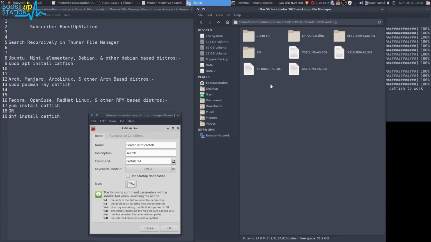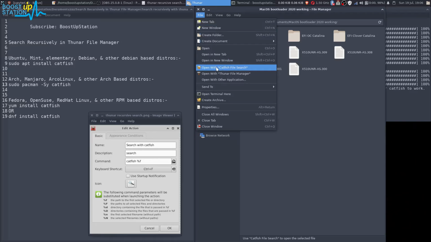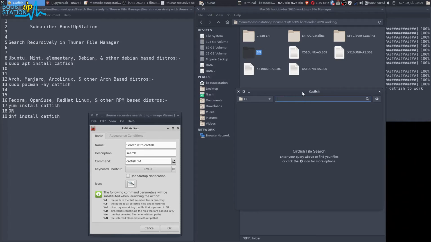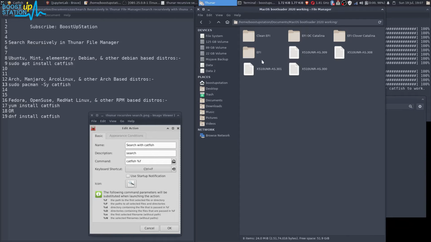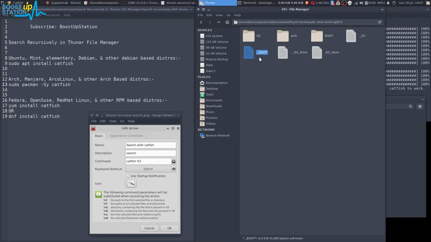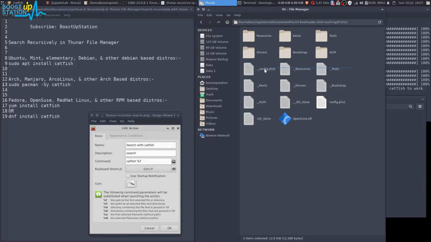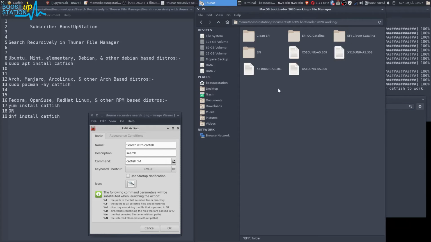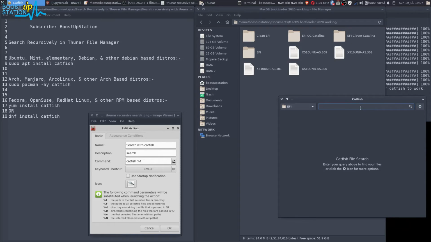Close it from here. Now if you want to search inside this folder, you just have to select it, then click on File and you can see this option here, open with Catfish file search. It will open up the Catfish file search, and here you can just type. Let me show you that I have these files that are starting with dot and the underscore. I have a lot of files in there. These are of no use for me and I want to delete all these files. So what I am going to do is just search for dot and the underscore, and I'm just going to press enter on the keyboard.